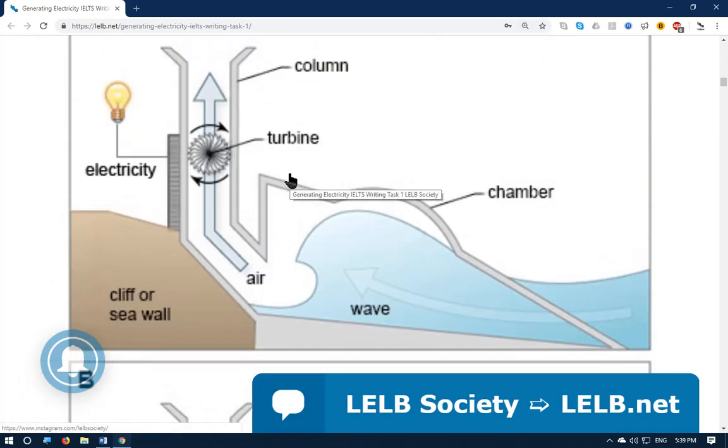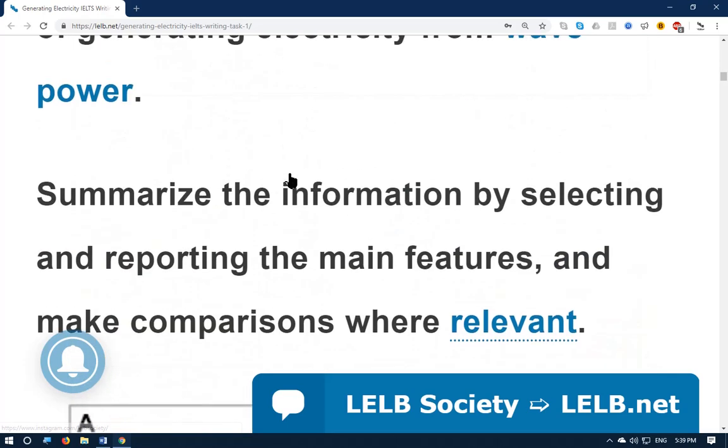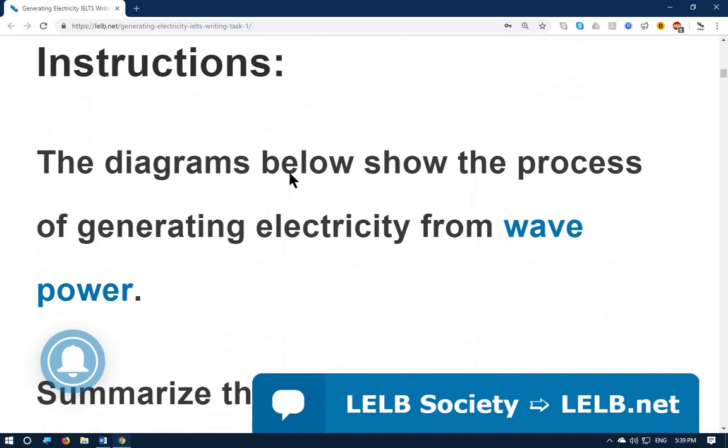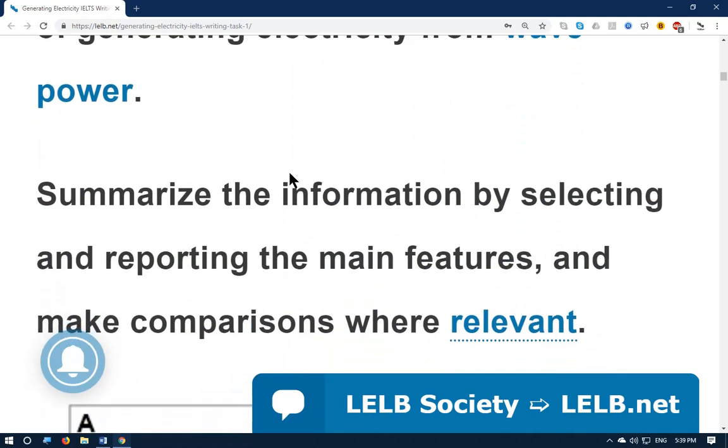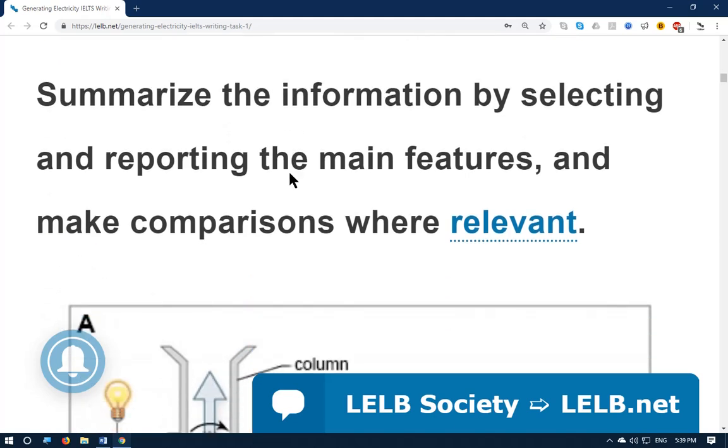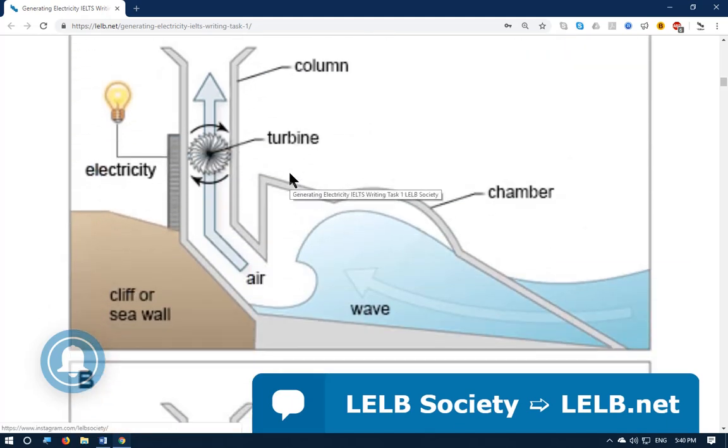Okay, so the topic is generating electricity, and let me just read out the topic. The diagrams below show the process of generating electricity from wave power, and summarize the information by selecting and reporting the main features, and make comparisons where relevant or necessary. In the first diagram,